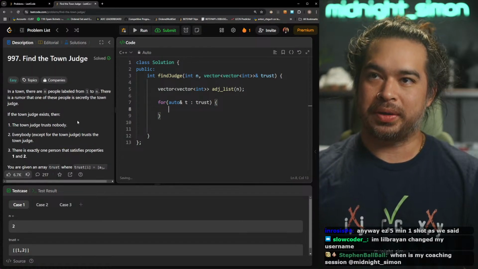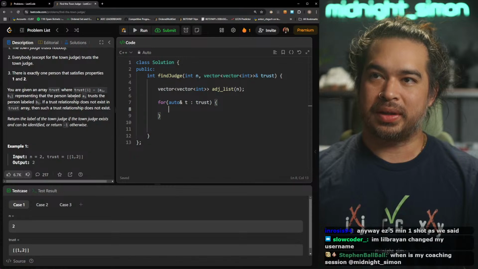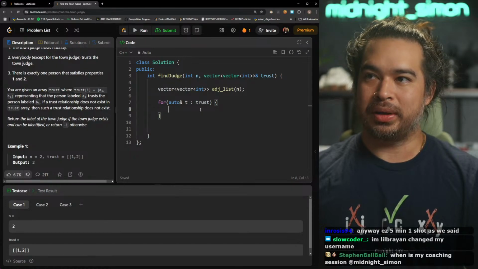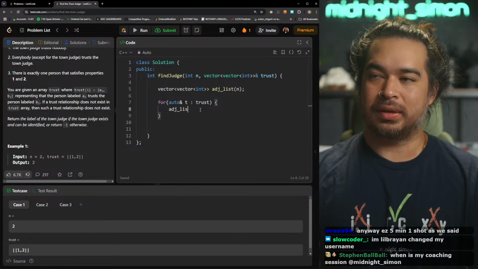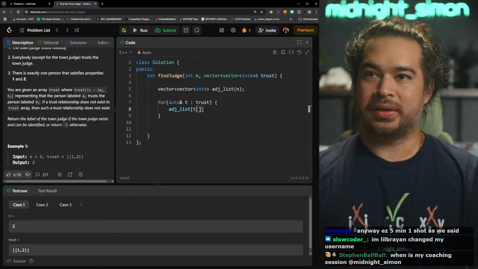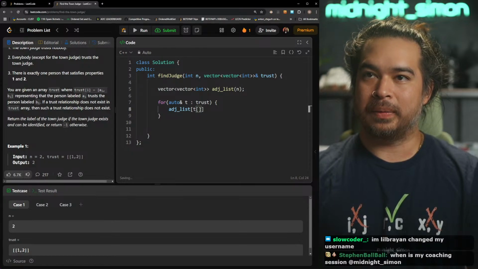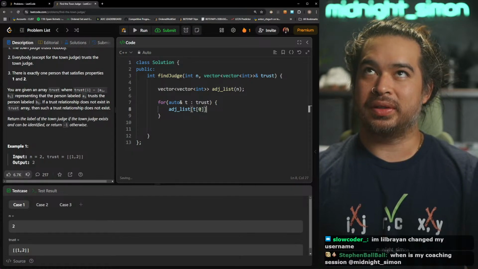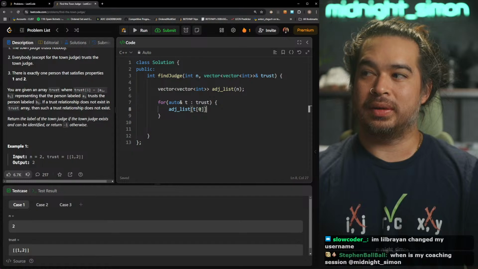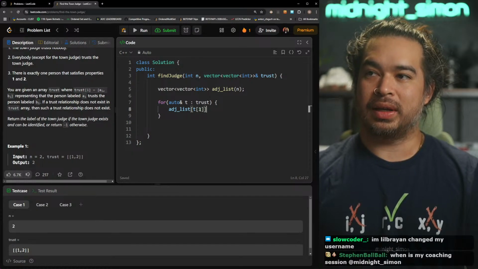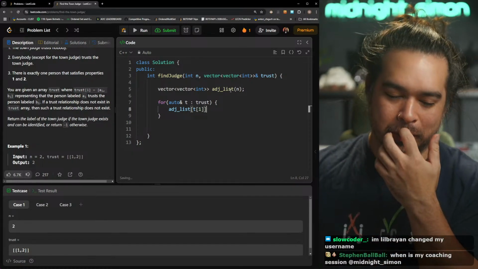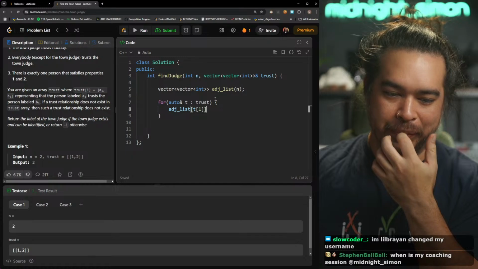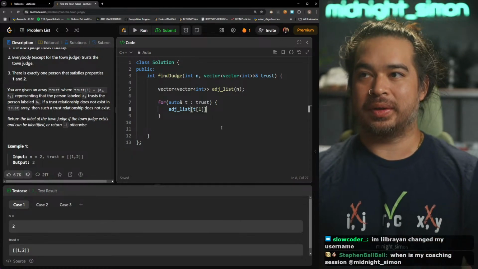So it says person labeled A trusts person labeled B. So that means person labeled A trusts person labeled B. So maybe I should have this adjacency list represent who trusts that person.